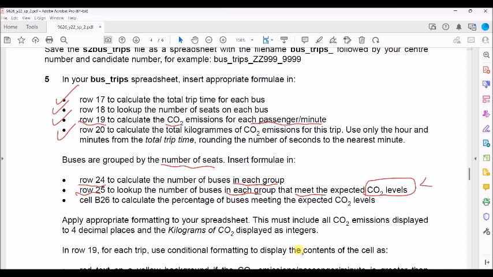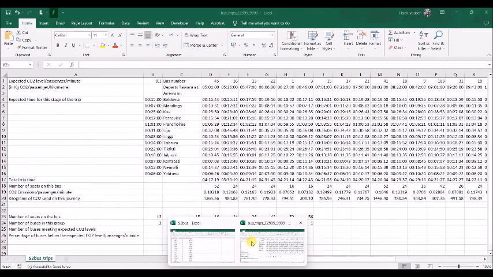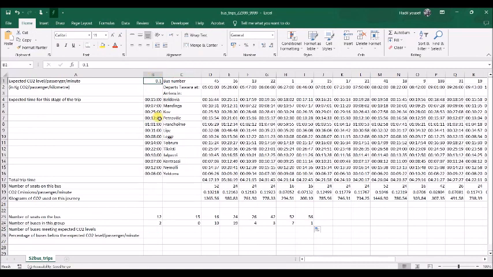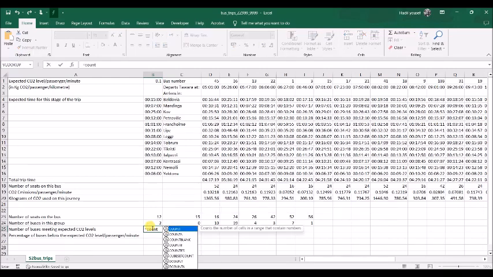It means it's less than or equal to the standard in B1 here. Now let's find out this. It is COUNTIFS,